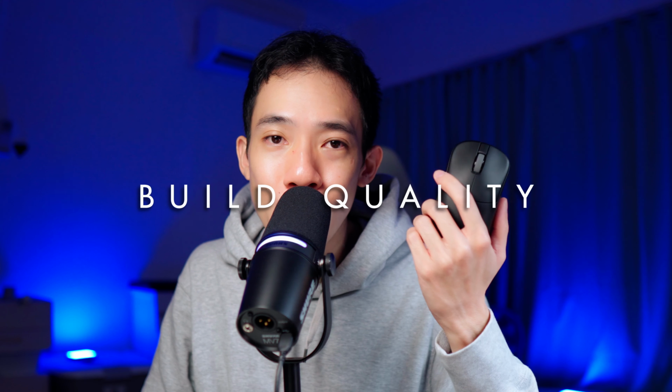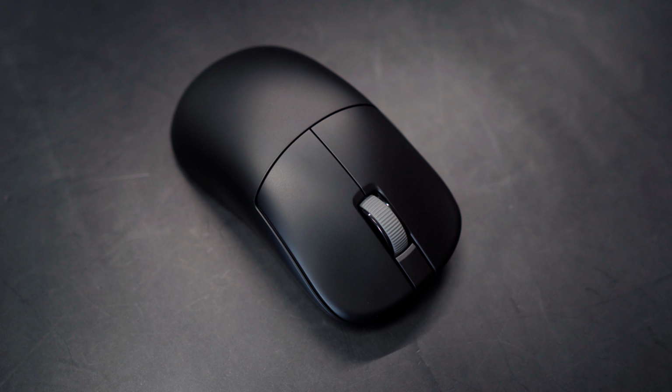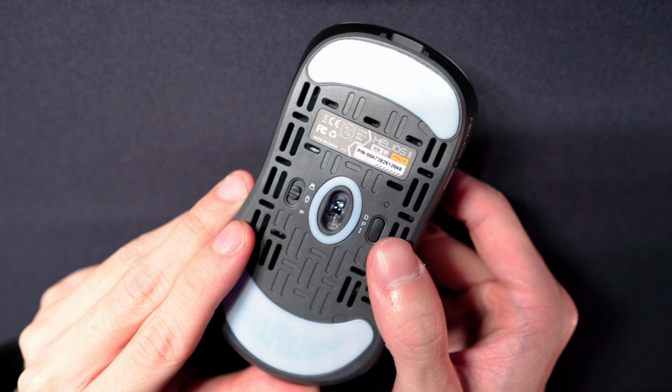The moment you hold this mouse, you can tell that the build quality is really good. The mouse feels solid from top to bottom with no loose parts. The mouse buttons, side buttons and scroll wheel are very nicely fitted in, and there's no creaking or flex on the sides of the mouse. It feels very well put together. This power button is extremely tight though, like it's tight enough that I need to mention it. You kinda have to use your fingernail to move the switch when you want to swap between wireless, wired or